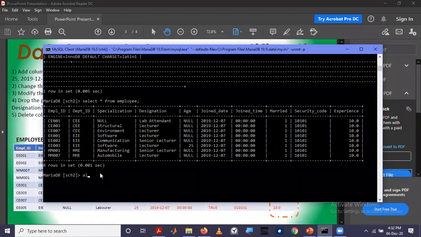For that also we can use alter table employee. Then for deleting, you can use the keyword drop column experience. Drop column experience. Then this column will be deleted.